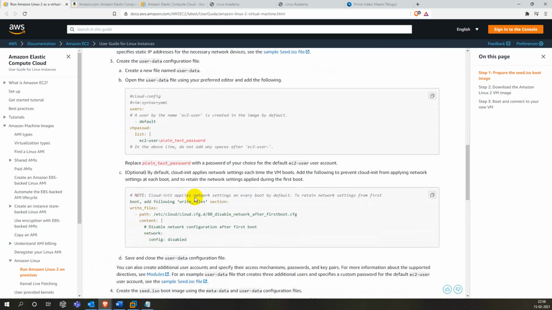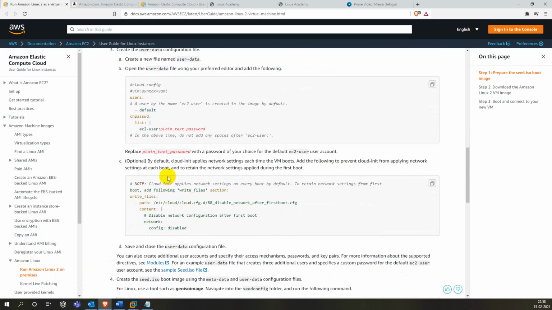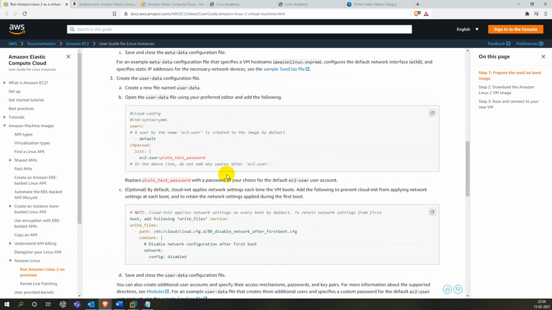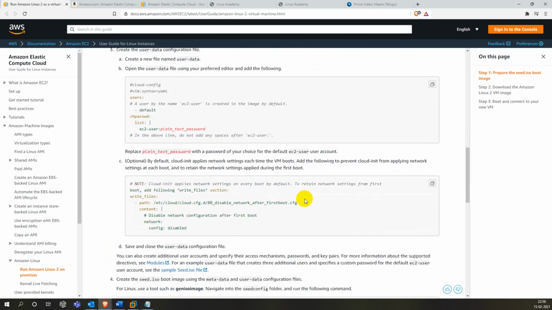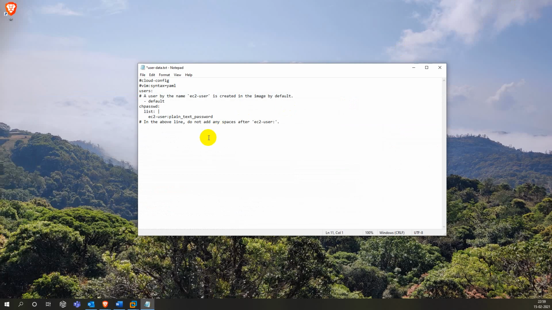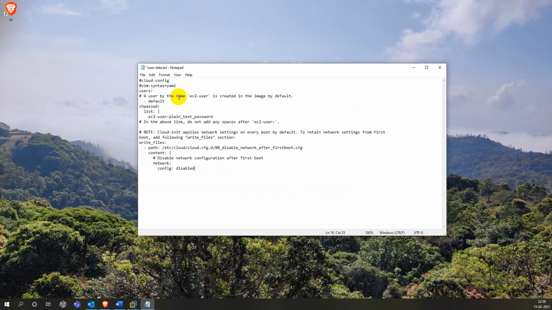And you see here we need to set the username and password, right? And also there is one more thing: every time you restart, it will try to read this network configuration. So that's why if we copy this setting, it will only do that for the first boot. Understood. So let me copy this, and the default username is ec2-user.